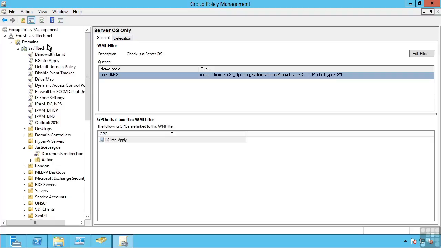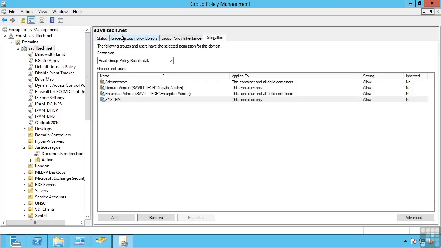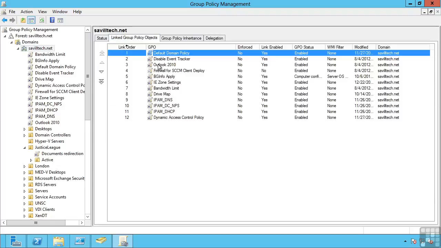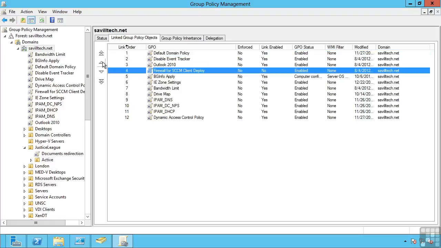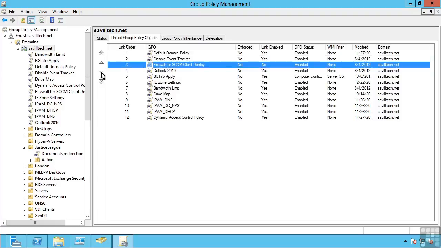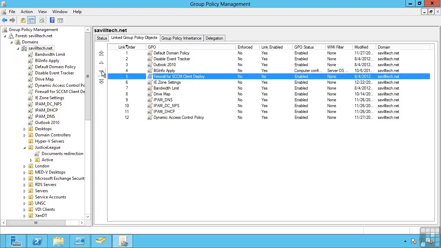The other consideration for the application is, what if I have multiple linked group policy objects at one level that override the same setting? This is where the link order comes into play, and I can modify this order to control who has precedence over the other group policy objects, so I can here control the order of importance at a single level. One thing that may be confusing about this list is you would think the item number 1